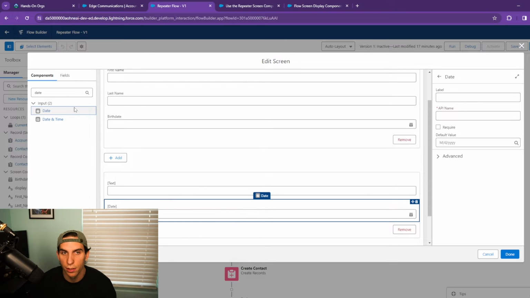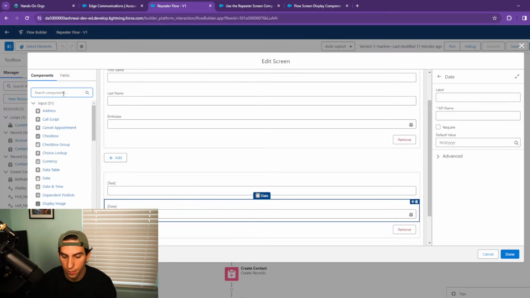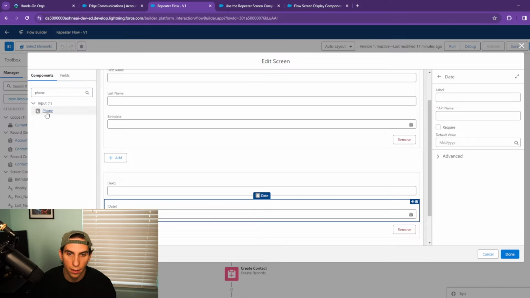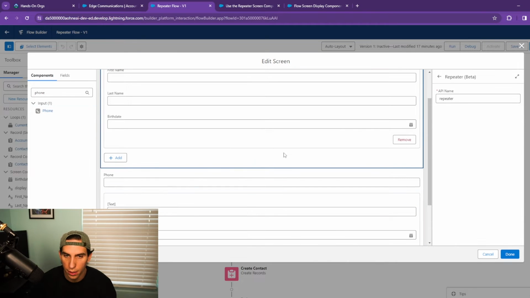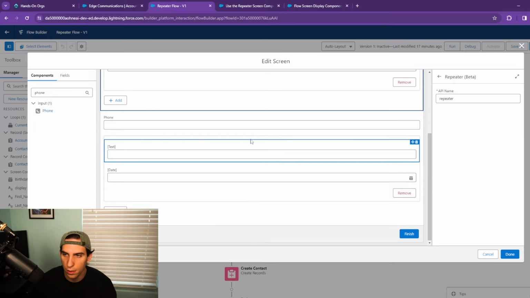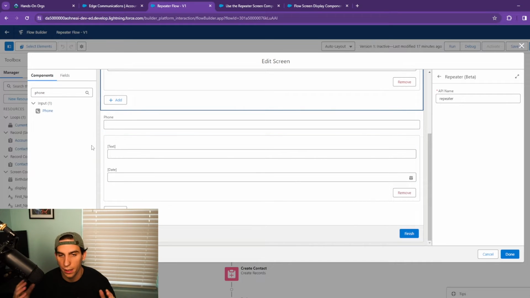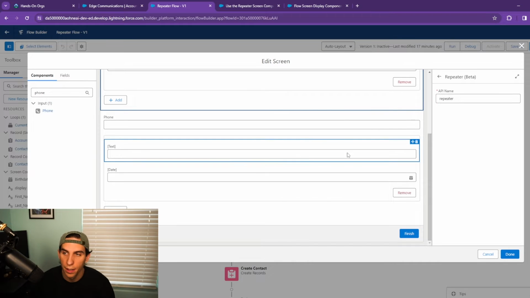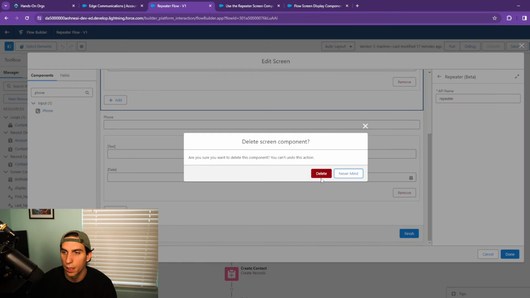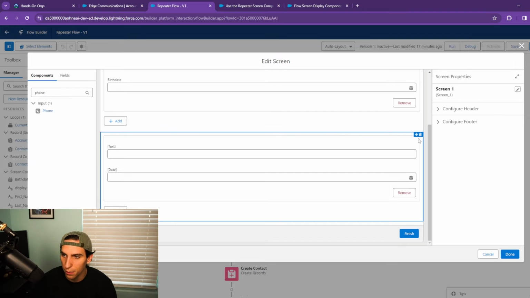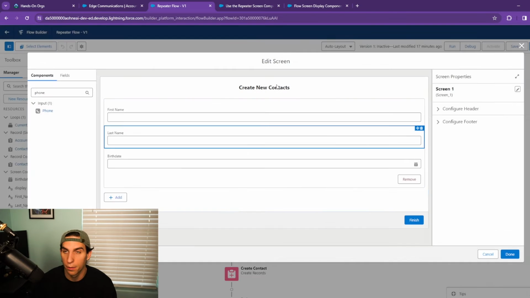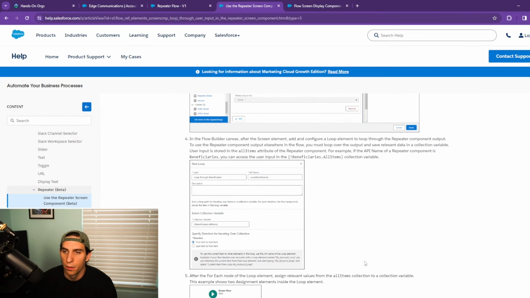One thing that is frustrating, phone fields, they are not compatible yet. So you can see it's trying to add it below or above that repeater functionality, and you can tell because you can see there's a light gray outline around this that's signifying that it's part of the same component. So turns out whenever I was trying to build this, I'm like, what in the world is going on? Like, what am I doing wrong? Whenever I